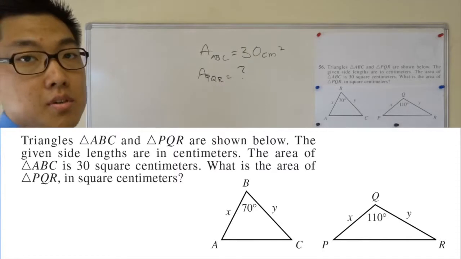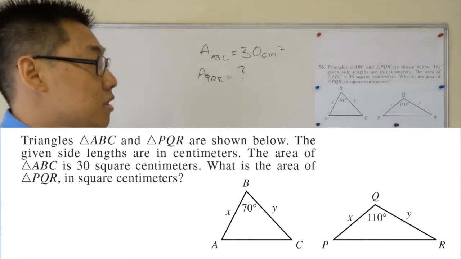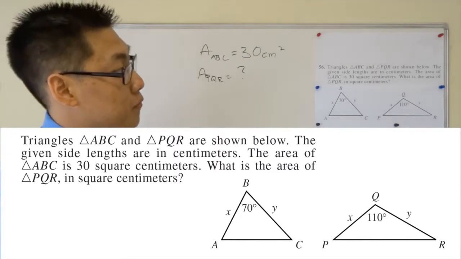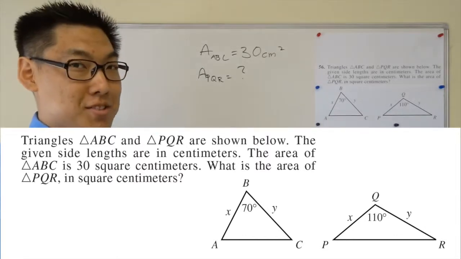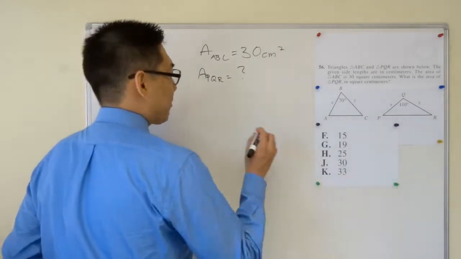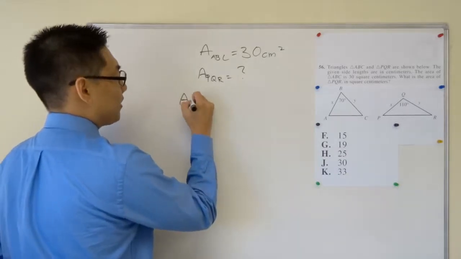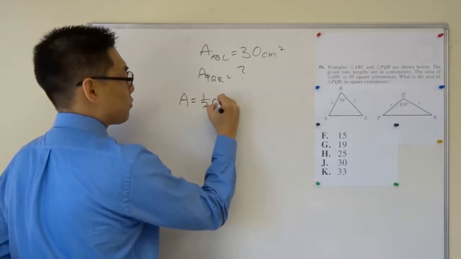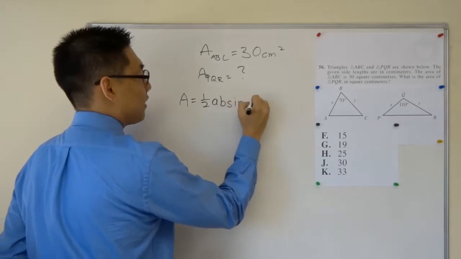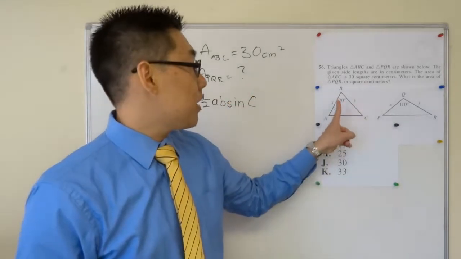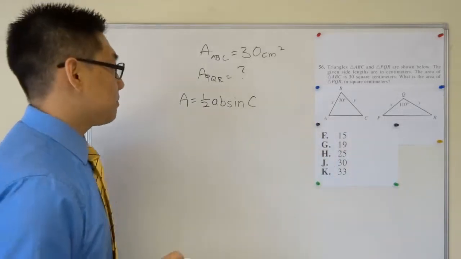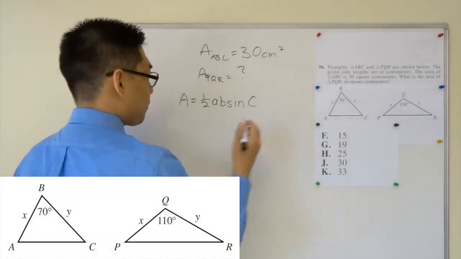So how are we going to solve this? Well, there are a couple of different approaches I'm going to show you. The first approach we're going to take is if you are a trig master and you remember this, there was a formula for the area of a triangle that looked like this. The area of a triangle equals 1/2 AB sine C. You're supposed to use this when you're given two sides of a triangle and the included angle, which we have here. So the area of the first triangle,